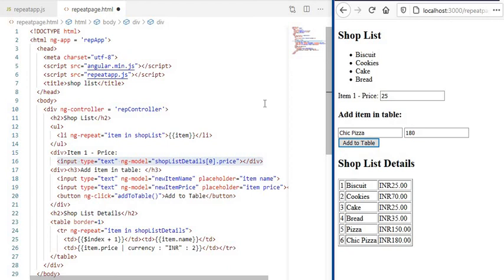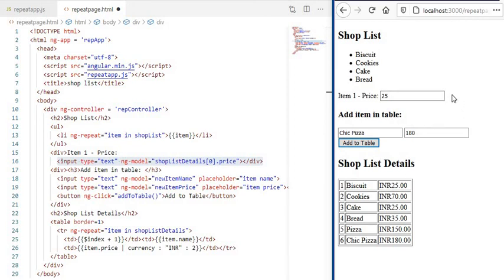I just want to give a small problem following this code. The only thing is, here item 1 price is fixed for the first item, that is biscuit. So consider that you include one more text box after this, in which you mention which particular item you want to change the price of.